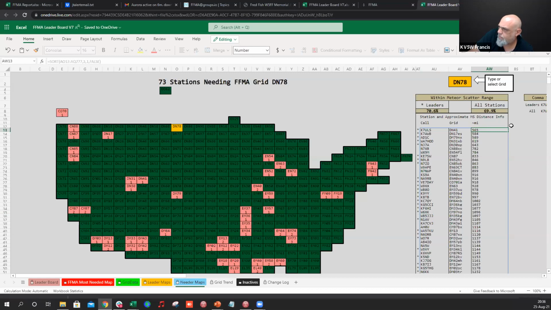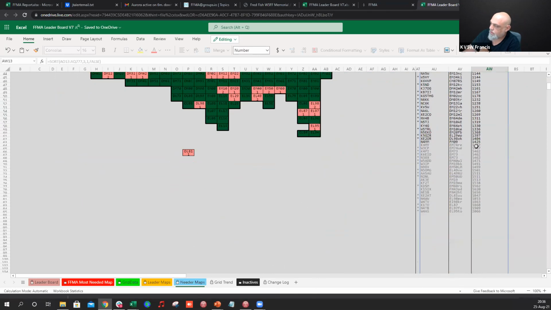So we've set it for 430. I can't remember what meteor scatter range I'm using, but we set the typical meteor scatter range. And so if they're out of meteor scatter range, they're grayed out. So the data is still there, but it's grayed out. So these stations will have a much harder time. They really need to wait for sporadic E or some other event to be able to work